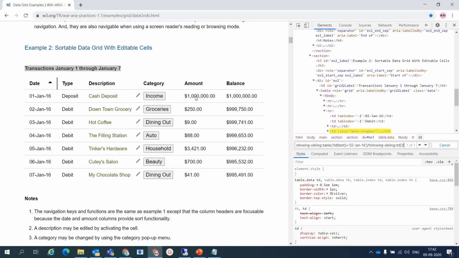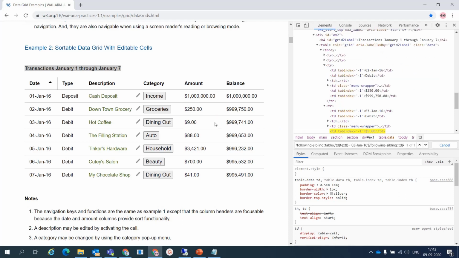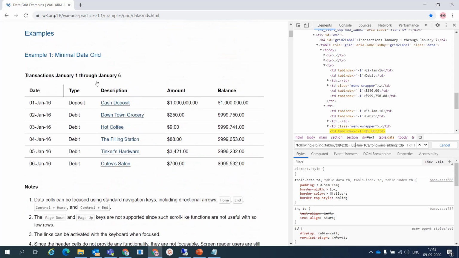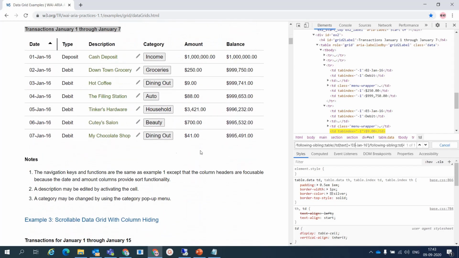Here amount is a fourth sibling to the date. So using the same XPath you can just change this. Okay, now it is located. Now if I change the date, see here it is locating only in this table, it is not going to the above table. That's how you create the dynamic XPath, which is very helpful.